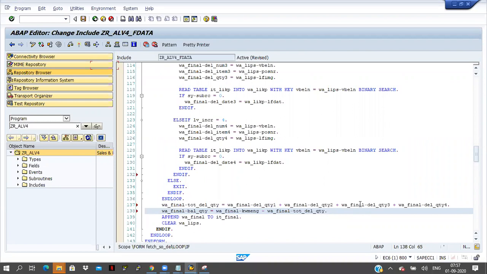Total sales document number quantity equal to 100, but till now I have delivered 3 times. First time 10, second time 30, and third time also 10. Only 50 quantity I am delivering. So what is the remaining quantity? I have delivered 50 quantity, right? So that quantity I am displaying in the balance quantity. And in the work area final I will add those two fields here.